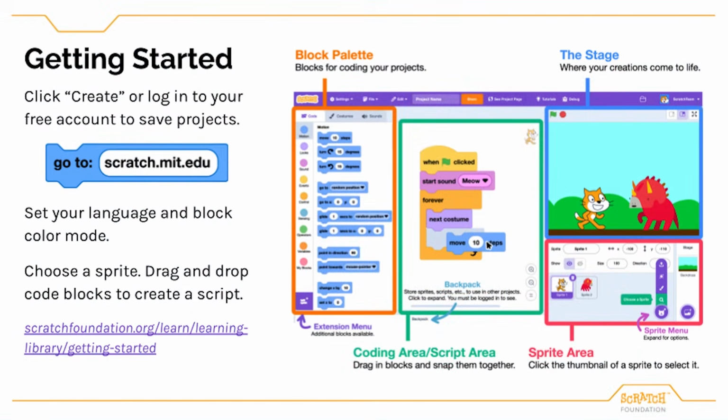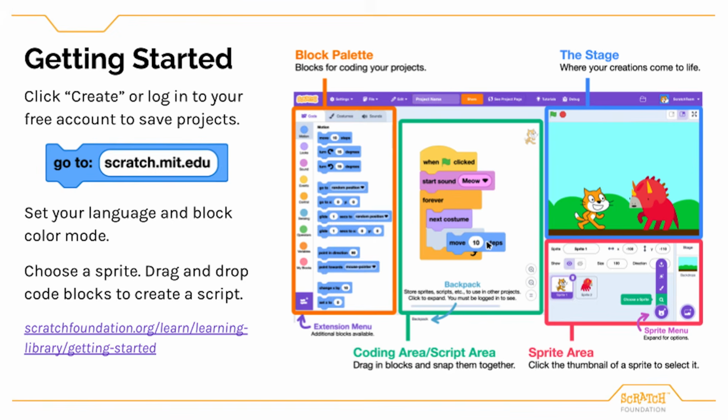To code along with me today, you can go to scratch.mit.edu and click Create, or log into your free Scratch account to save projects. For anyone new to Scratch, we have Getting Started resources on our platform and in our learning library with lots of helpful information. But a few quick basics. The Scratch Project Editor screen is where you'll create projects in Scratch. If you aren't already on this Project Editor screen, click the See Inside button, which is available on all projects.